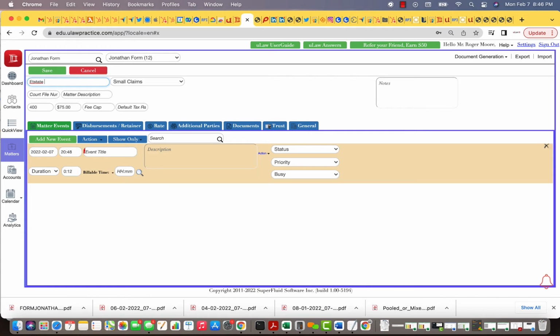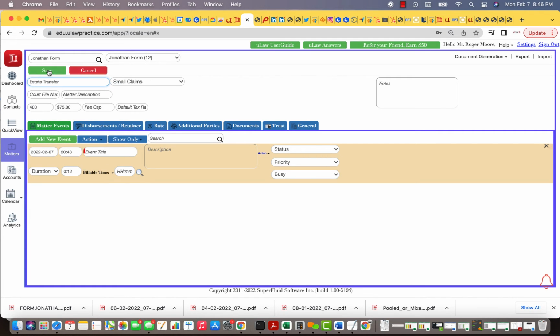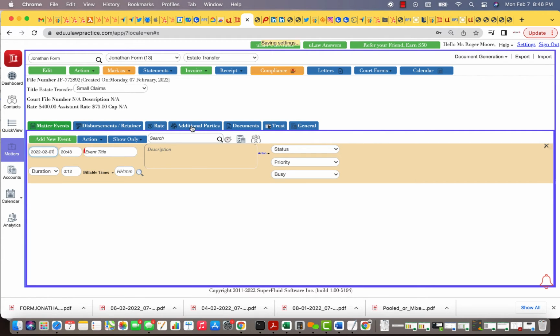Estate transfer, right, is the matter. And I'll create it for Jonathan Farms. And what we'll do is, in additional parties, we'll create a few parties so that we can fill the form. So in additional parties, I'm going to first create you